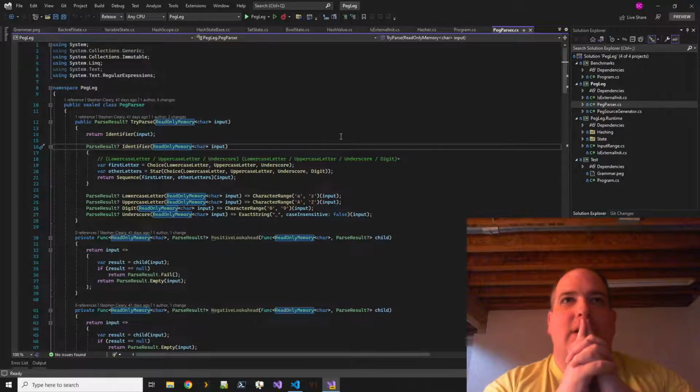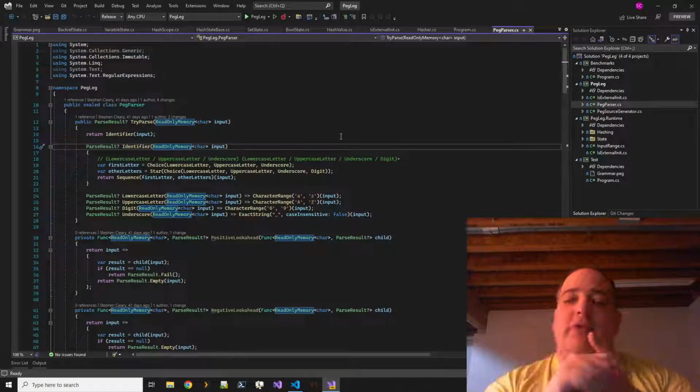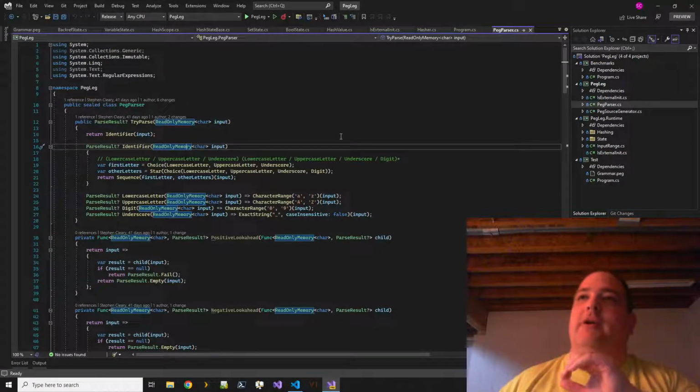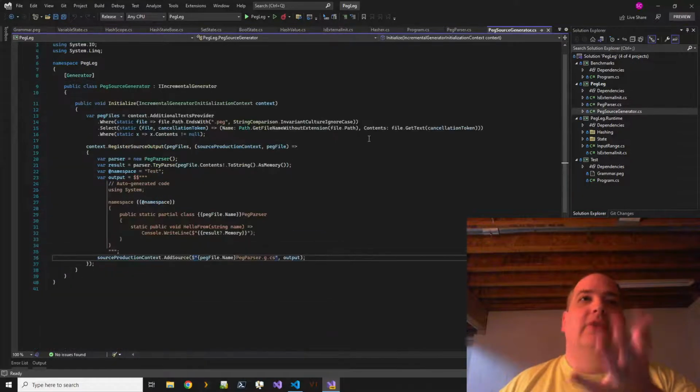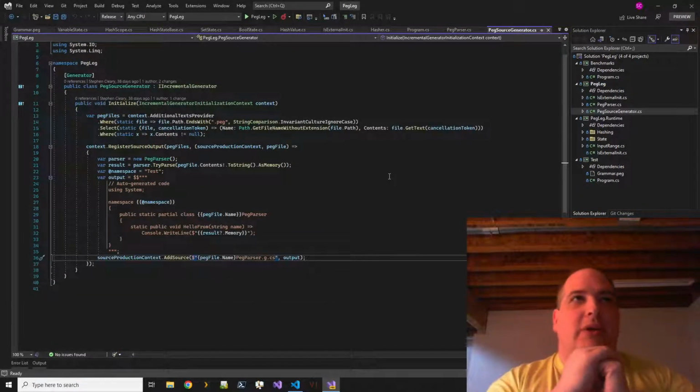I have to have it because the Visual Studio plugins require NetStandard 2.0. So like the source generators that we have here, this file essentially has to live inside of a NetStandard 2.0 assembly.